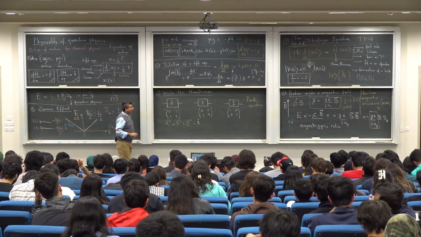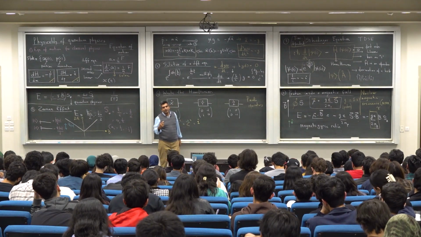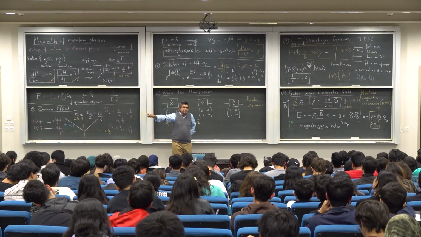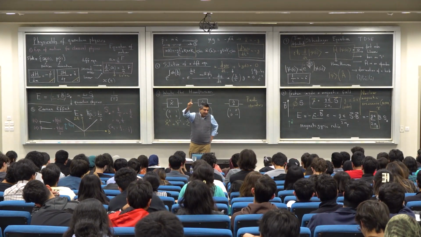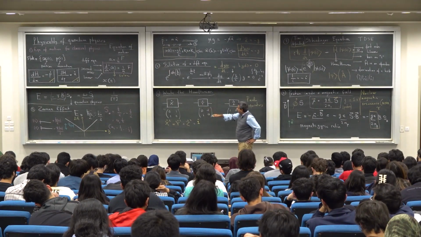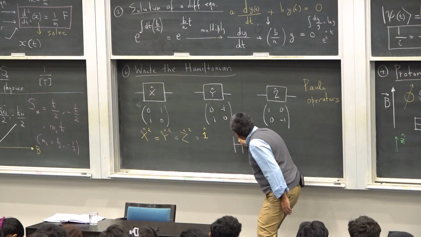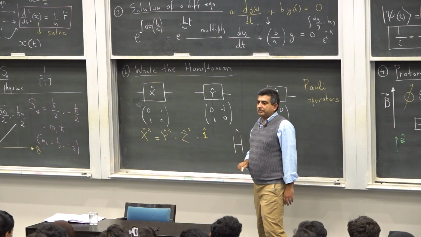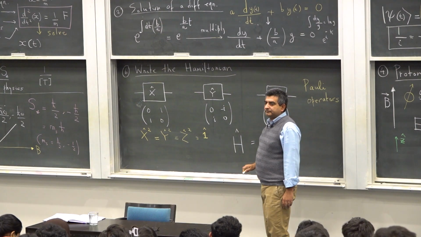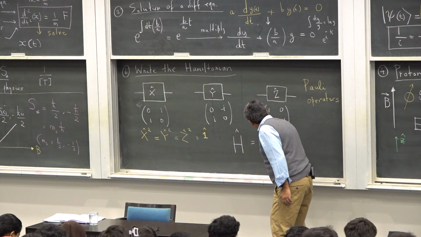So what I need to do, and you need to take me on faith on this, if I know the classical energy, I want to write down the Hamiltonian matrix. My Hamiltonian matrix H is going to be equal to omega